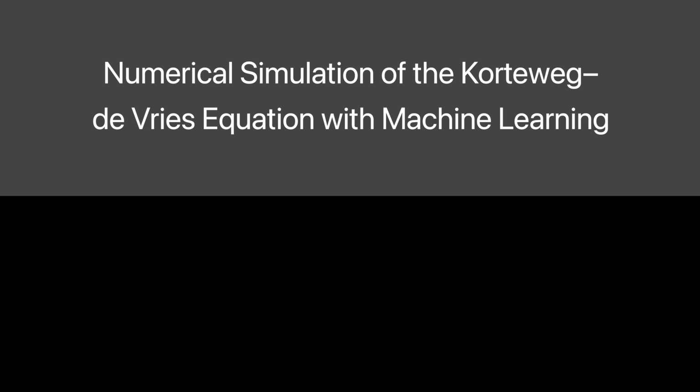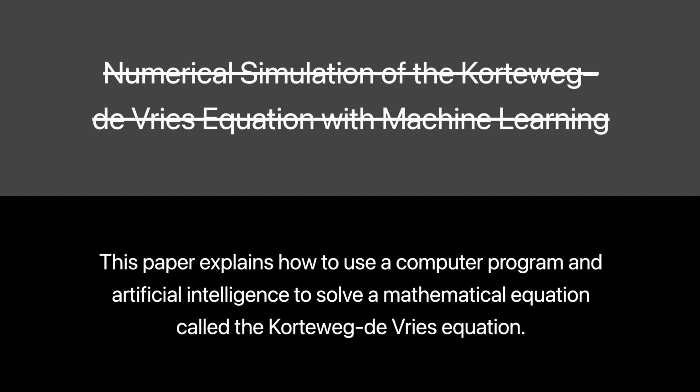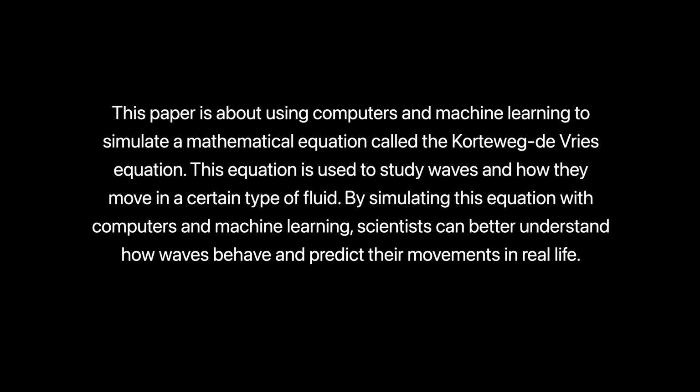When you read this title, you can understand it to mean in very simple terms that this paper explains how to use a computer program and artificial intelligence to solve a mathematical equation called the Korteweg de Vries equation. Let's expand on that a little. This paper is about using computers and machine learning to simulate a mathematical equation called the Korteweg de Vries equation. This equation is used to study waves and how they move in a certain type of fluid. By simulating this equation with computers and machine learning, scientists can better understand how waves behave and predict their movements